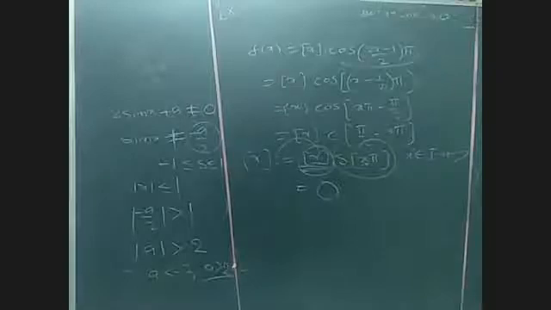Otherwise, secant of tan inverse x is given. Tan inverse x, here tan is nothing but opposite by adjacent. So what about the hypotenuse value? Root over 1 plus x square. X is given, x by 1 you can write. X is opposite, 1 is adjacent, hypotenuse root over 1 plus x square. Now if I want to write secant inverse, what is the answer we will get? Hypotenuse by adjacent, that is root over 1 plus x square. So secant cancels. Now finally we get root over 1 plus x square. What is the derivative of this?